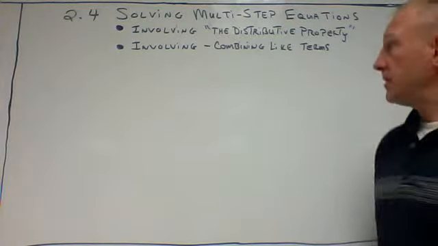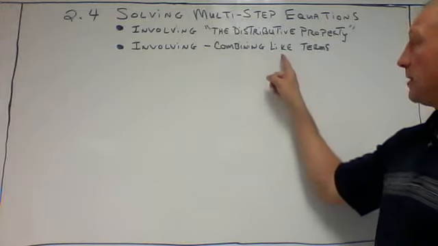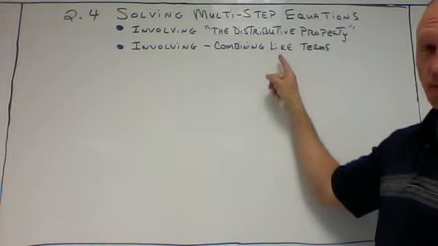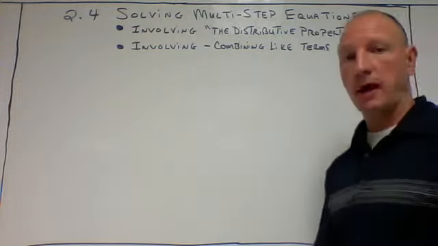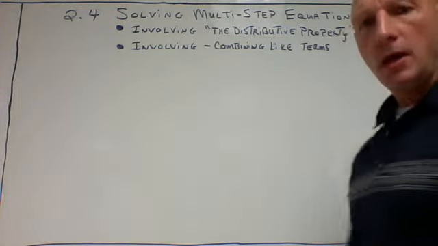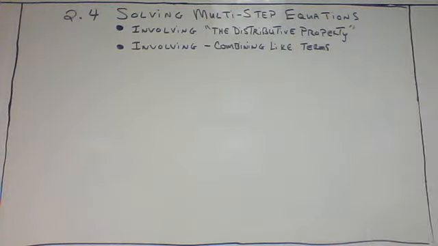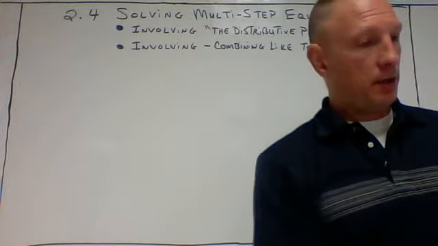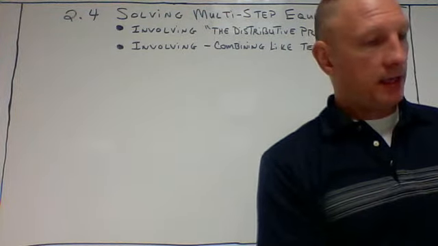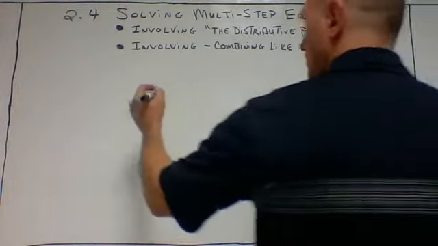Multi-step equations, involving the distributive property, and involving combining like terms, where you have to have the same variable and the same exponent. So this is 2.4 in the intro to algebra class. All right, I'm just going to steal some problems right out of the textbook. So those of you who are in the class, you can actually find these problems on page 136. So 5x minus 2